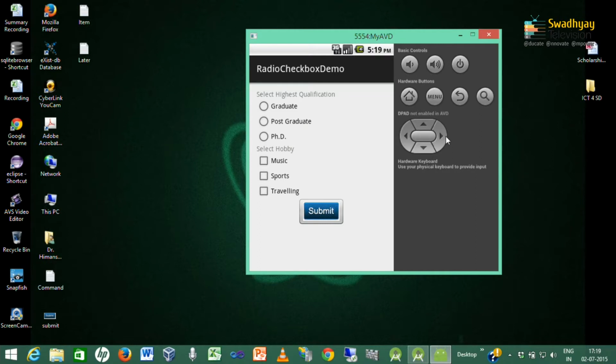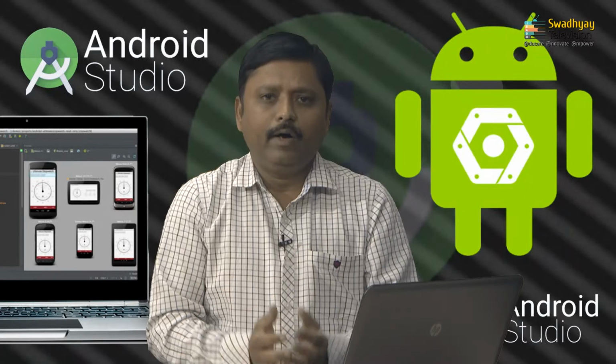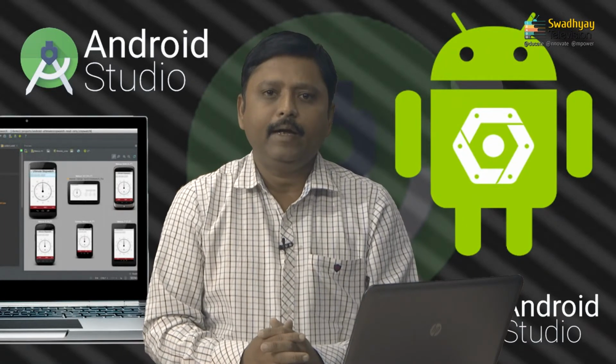we want to use this interface for creating our application. The first three are called radio buttons, and they can be made mutually exclusive by using a radio group. So, here the user can select graduate, postgraduate or PhD as the highest qualification. Any one should be selected, so here we may use a radio button. A radio button is a control that is used to make items mutually exclusive. That means from the list of items only one item can be selected.